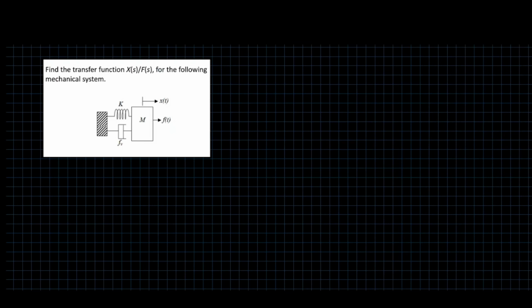Hi guys, so we just find the transfer function of this particular system. So the first thing you should know is that the sum of applied forces is equal to the sum of opposing forces. In this case, the applied force and opposing forces are this and this, as well as the mass itself. So F of t, which is the applied force, is going to be equal to